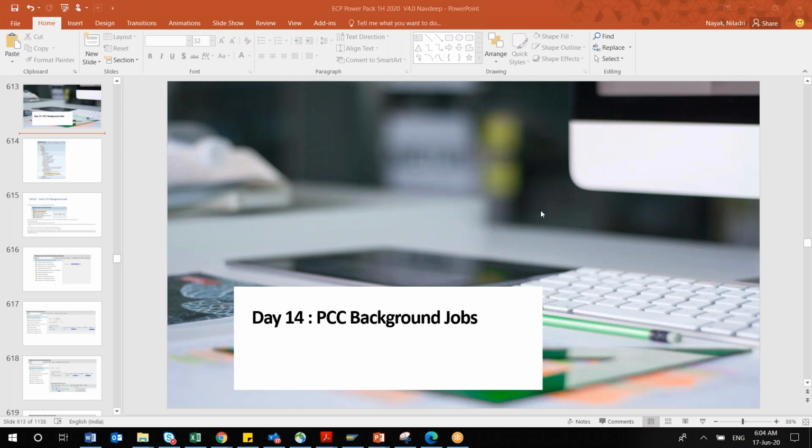So welcome to day 14 of our entire EC payroll learning journey. Yesterday we just started with payroll control center fundamentals, where we saw the very basic thing of declustering, how a declustering framework works in a typical payroll implementation and how it impacts your entire reporting and analytics aspect. Okay, that we have seen.